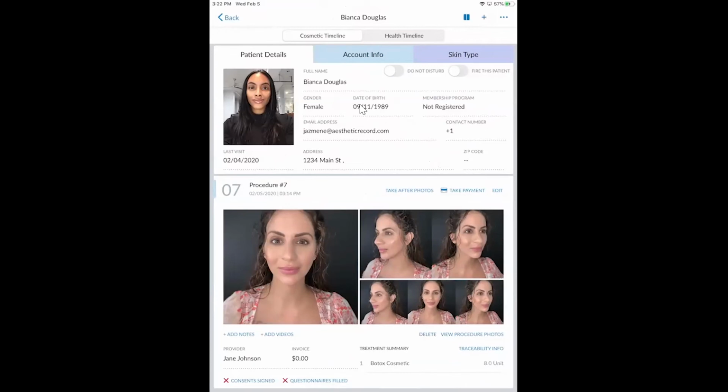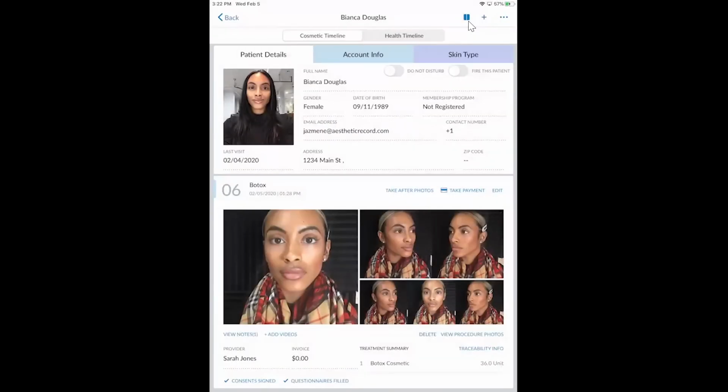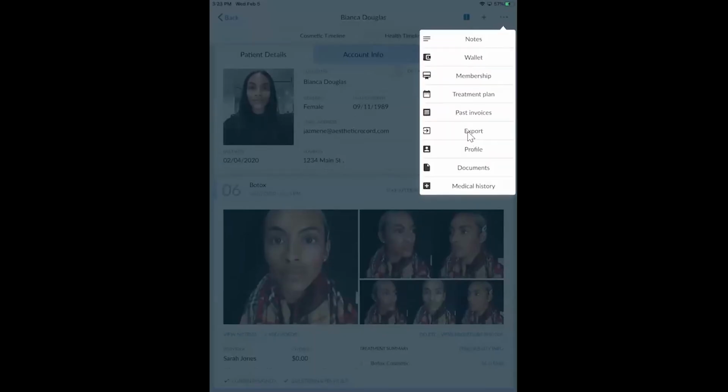Now, as I mentioned earlier, from a marketing standpoint, a lot of providers like to showcase their work, especially on Instagram or even Facebook outlets. And so what I could do at this point in time, if I'm inside of my patient's profile here, at the top right, I can then export these images. So if I go to my export tab here,